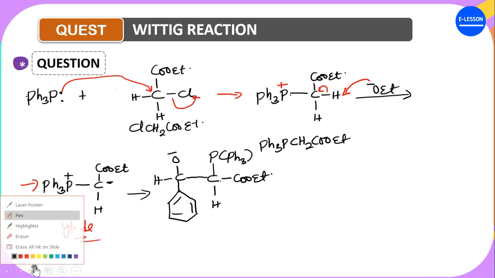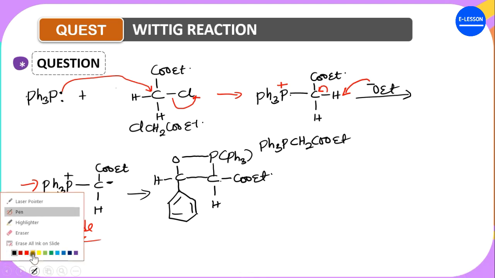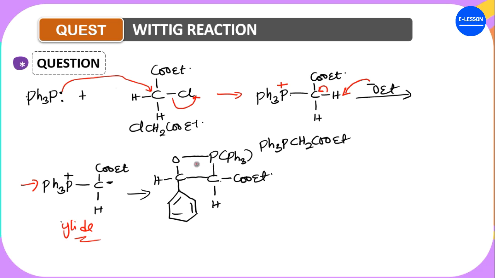Now, quickly again, what will happen? This one will form a ring that will close this up, right? According to what we said, this is positively charged. So when it forms a ring, this positive charge will no longer be here, and there will be a closure here. You see, the same method that we did for the other one. Now, finally, the final step is when this one forms the ring, the ring will rupture, and then you form the final product. The final product for this reaction will become